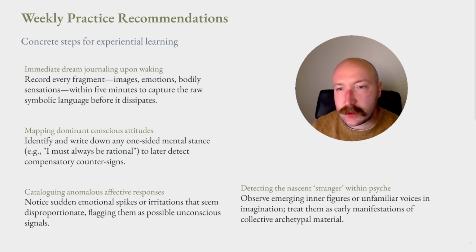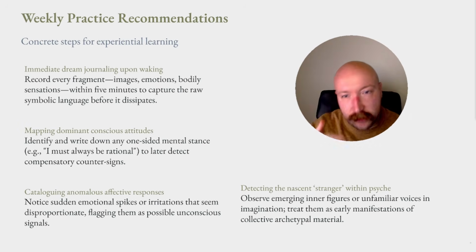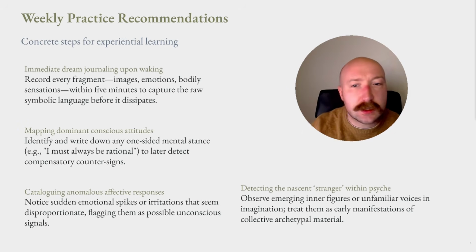Equally, this leads into exercise 4, which is in the workbook. Where do you feel one-sided? In relationships, in work, in emotions? Pick one area where you feel one-sided and write about it. Then ask, if my unconscious were trying to compensate for this one-sidedness, what might it be trying to bring into my life? What would balance this?